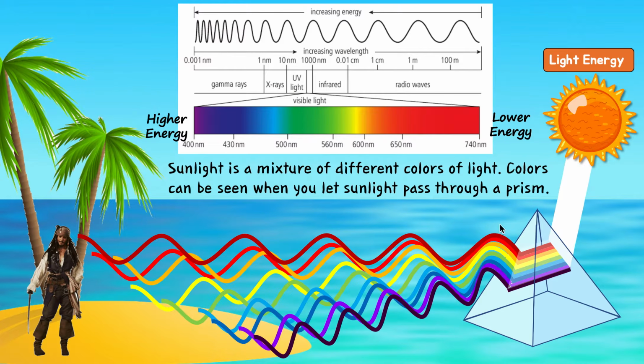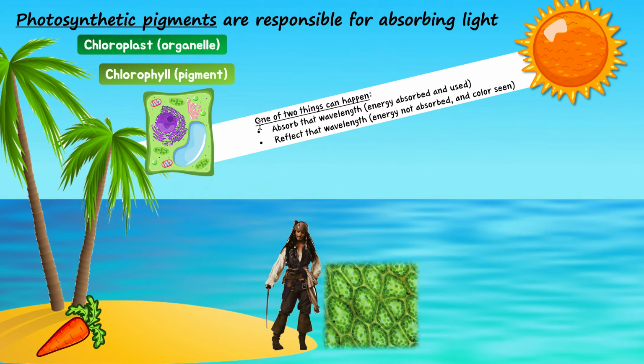So remember, some wavelengths are long, some wavelengths are short. So this pigment will absorb some of them and reflect some of them, or it can absorb all of them and reflect all of them. Now chlorophyll is a kind of pigment, and this photosynthetic pigment absorbs everything basically except green. So it will absorb blue, red, all of those, but it will reflect green. So remember, we're talking about the photosynthetic pigment of chlorophyll.